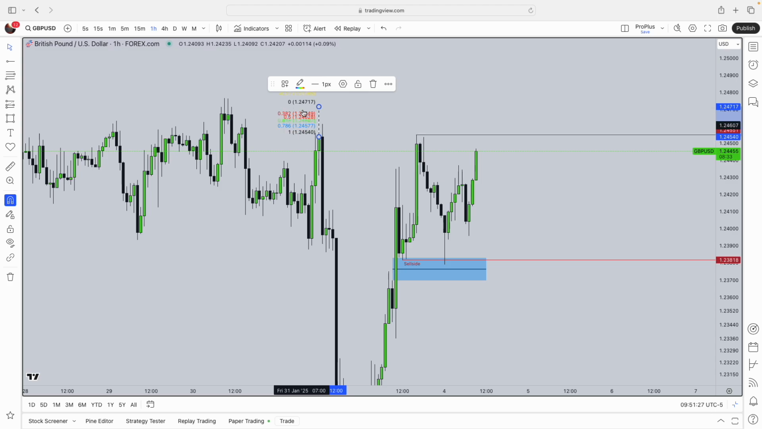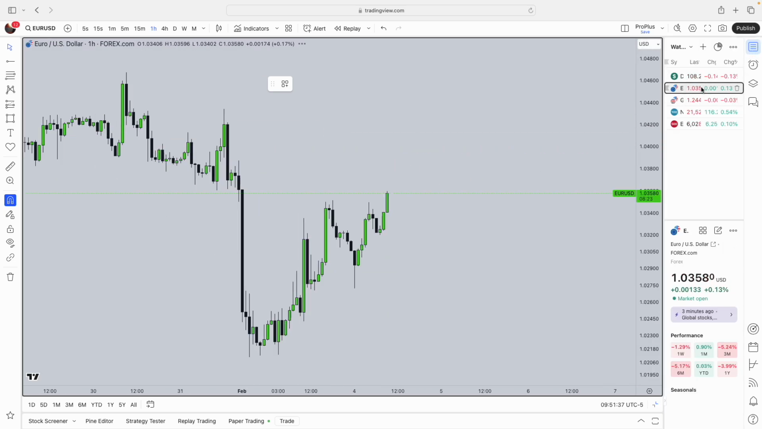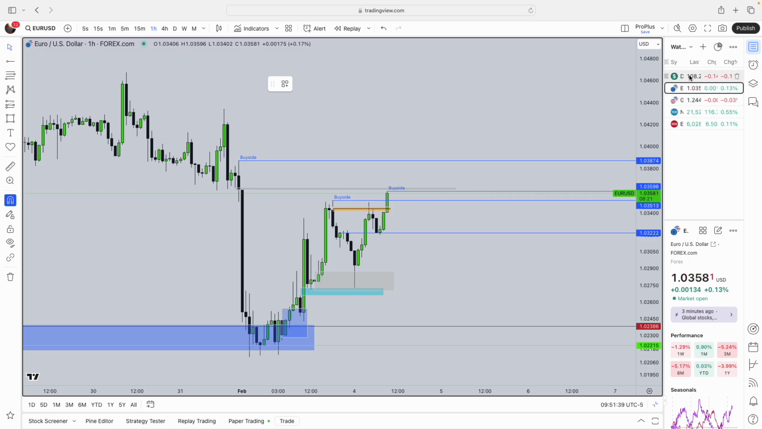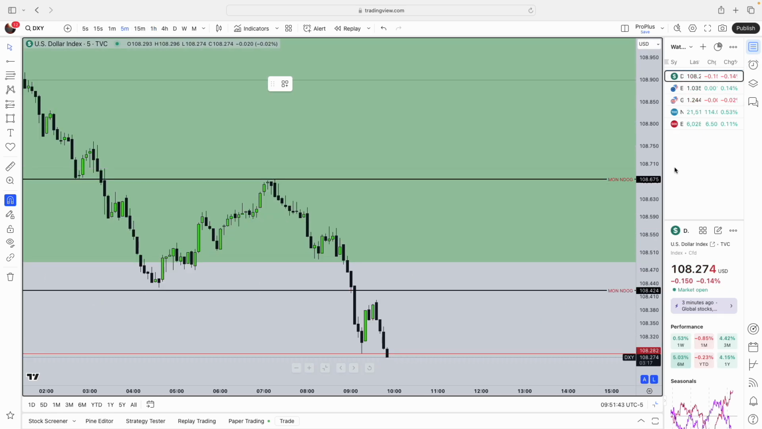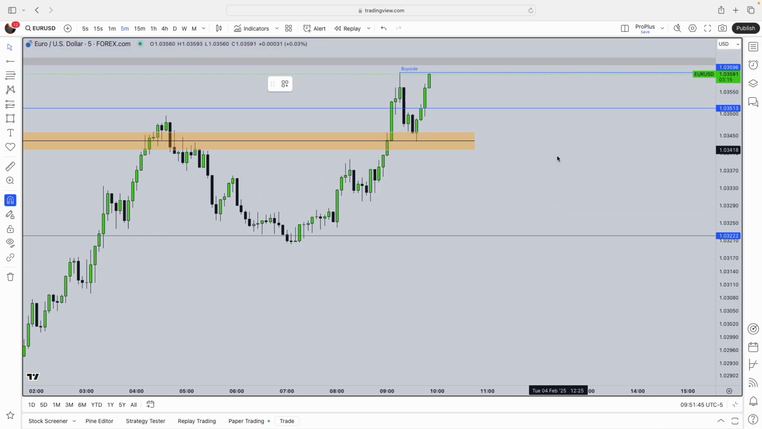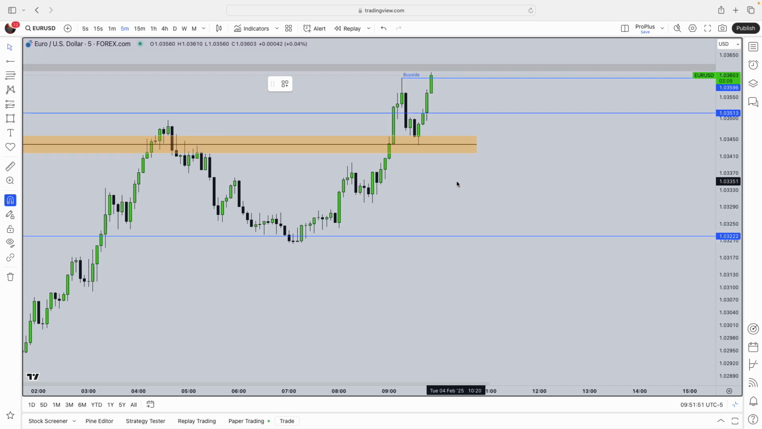Then it would be the midpoint of this wick here. So buy side, midpoint of that wick would be my next draw for cable, and dollar just ran through that there. So I would update you guys on the news coming at 10. So yeah,